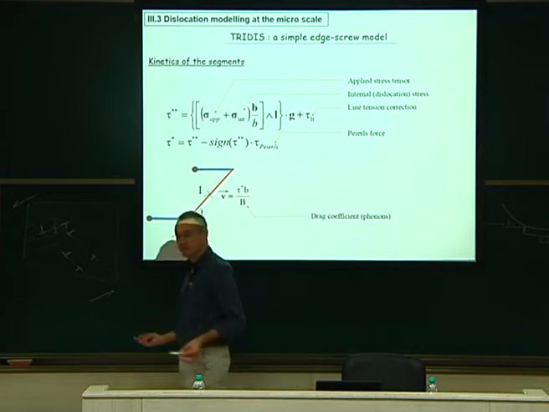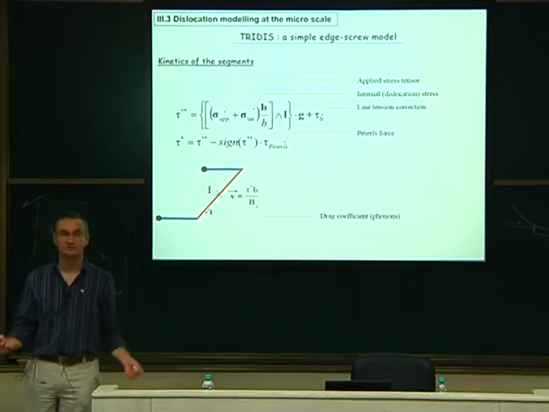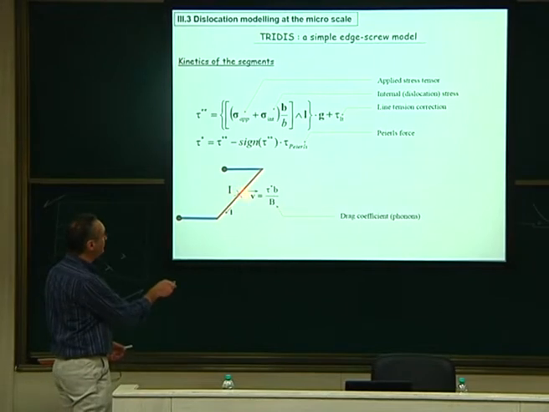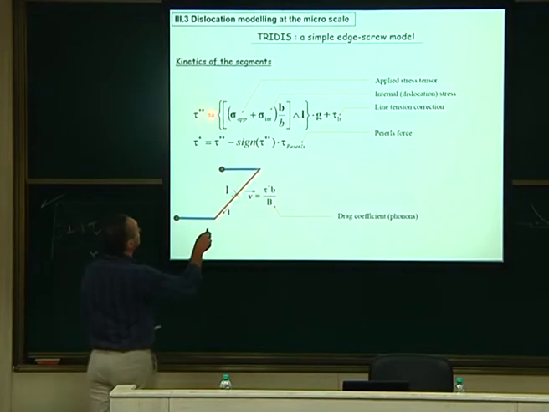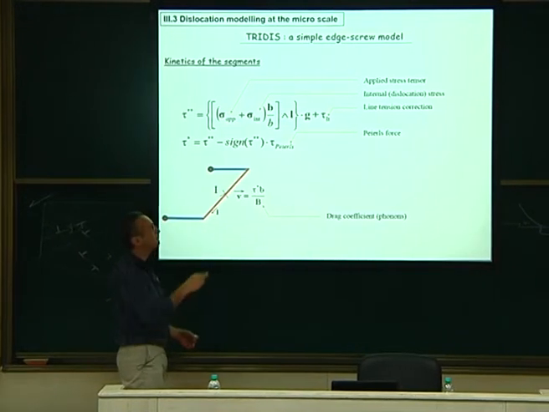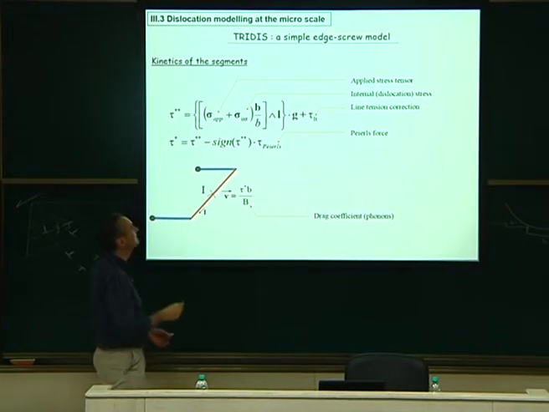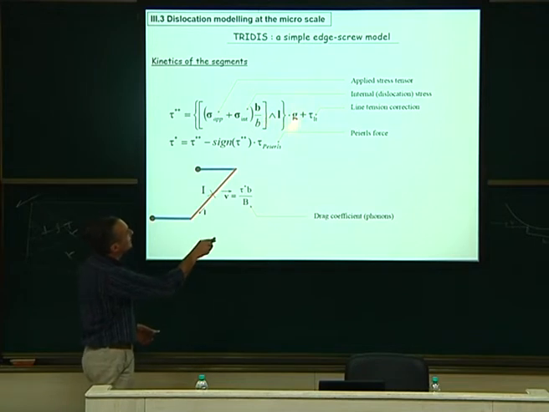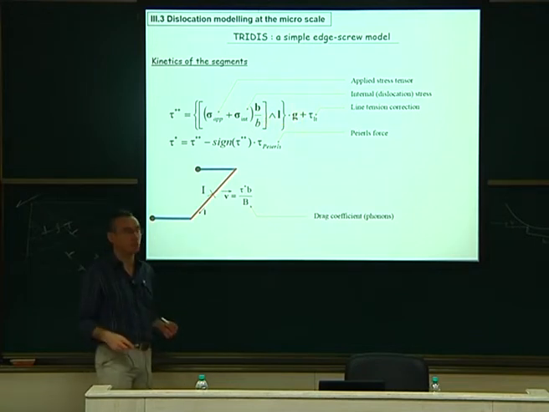Then, here you know everything. We compute the Peach-Koehler force on the segment. So we compute at the middle point of the segment here a stress, which is the Peach-Koehler force, sigma b cross product with the length. This is the cross, okay, you should put a cross. Cross product with the length. I project along the glide direction. So this is what you did with the tutorial. So this is the shear.